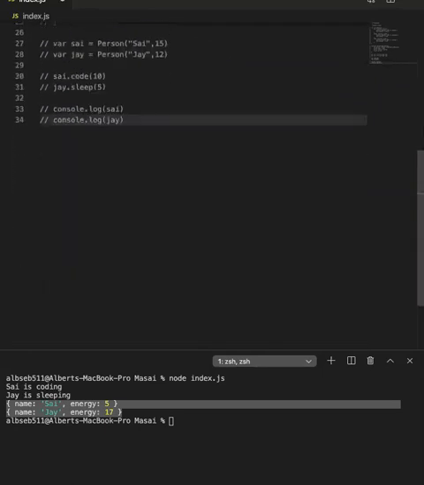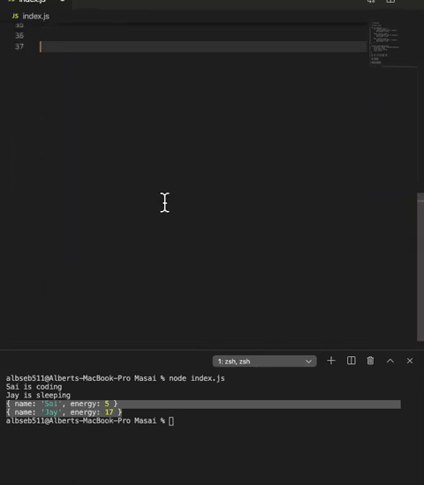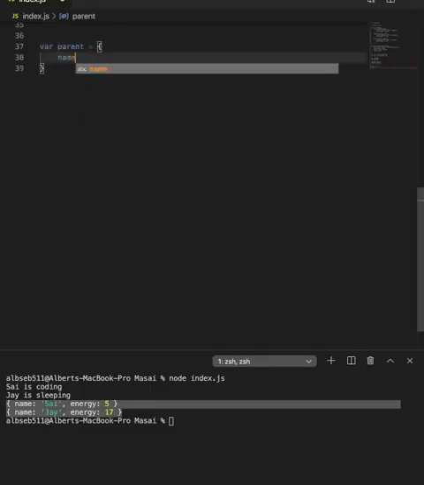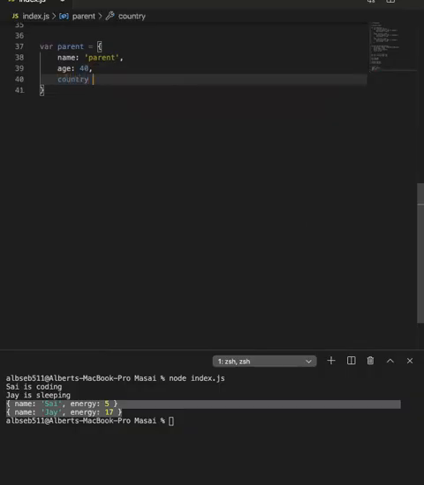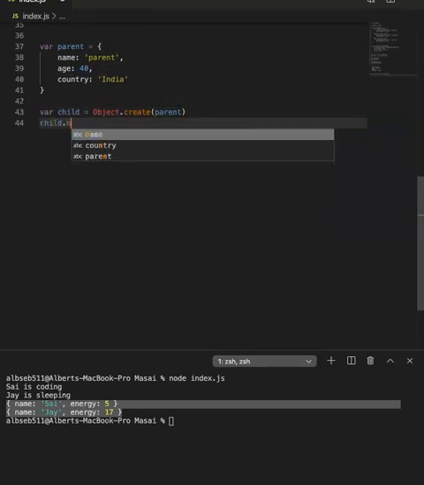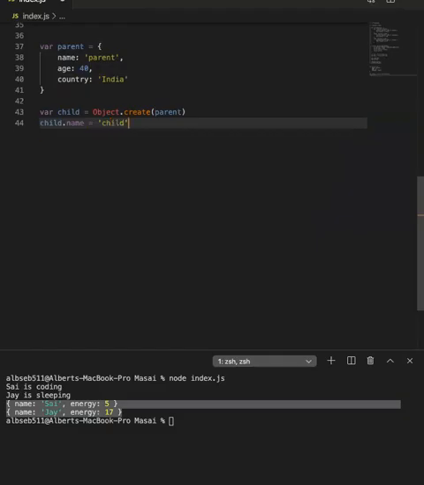We'll just comment everything for now, and I'll just show you another example of what it does. So let's assume we have a parent object. Let's call it parent. Give it age is 40, and let's say country as India. Now, if you were to create a child, and we say object.create from this parent, and now you were to give child.name is child and child.age is 10,